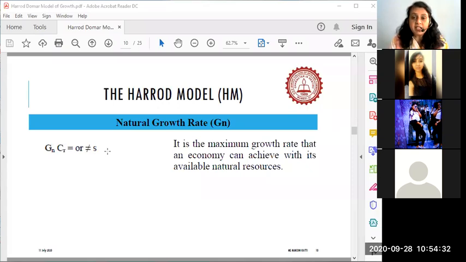A country like the Indian economy is nowhere close to GN. The Indian economy has to first tackle GW and then come to GN. What about a country like China? China is also wanting to first fulfill GW so that it can reach GN. Why has China not reached GN? Because there is still unemployment in the economy. Full employment has not yet been reached, and that is why the economy must reach what is called full employment if it has to reach closer to GN.